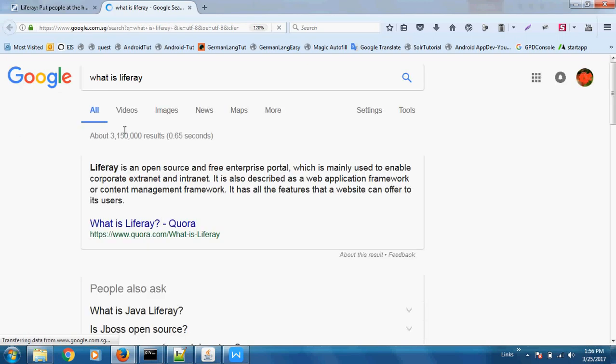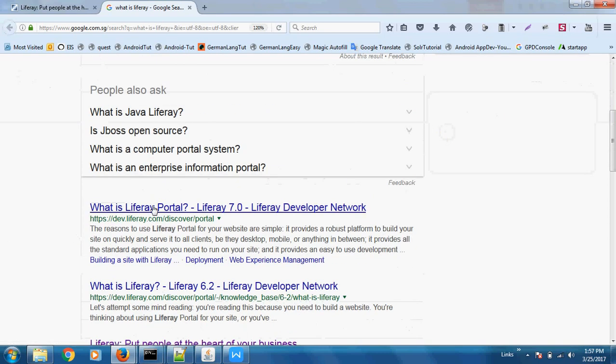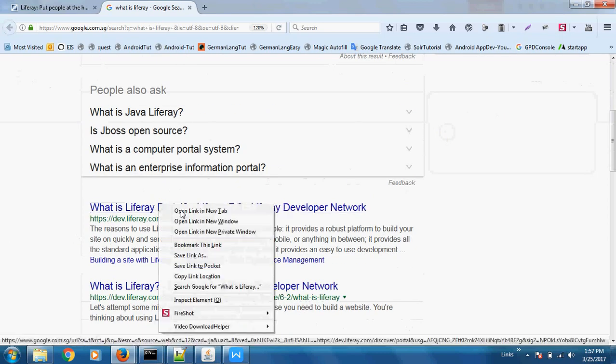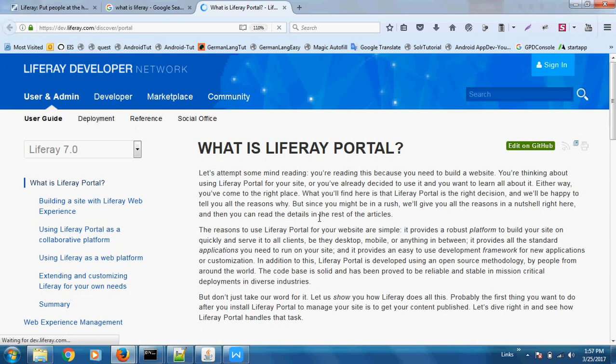If you want to know what Liferay is, you can search on Google and you will get so many links. You will get Liferay's link itself, which will point you to the Liferay portal. Here you can get information like what is Liferay.